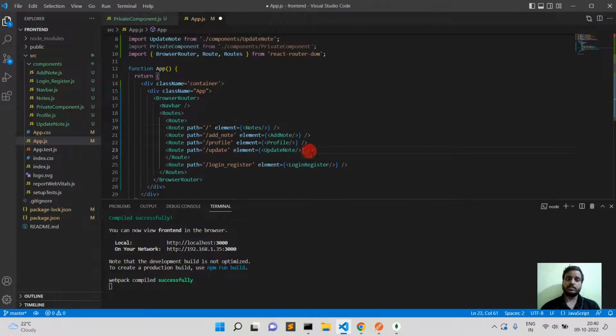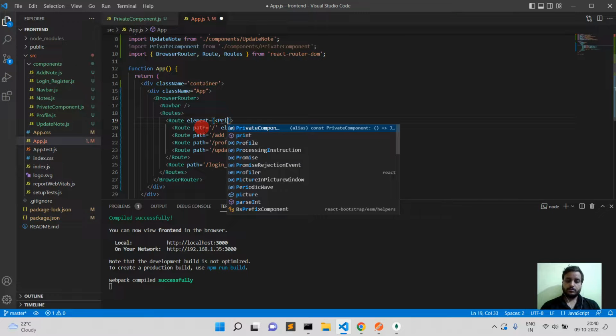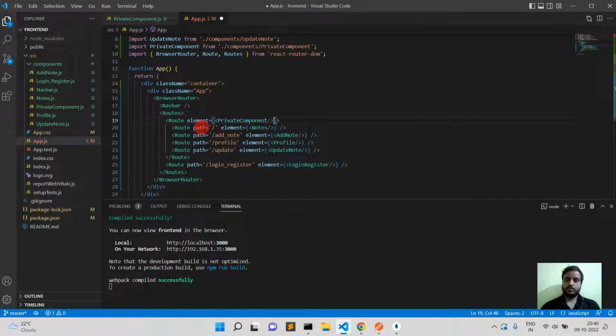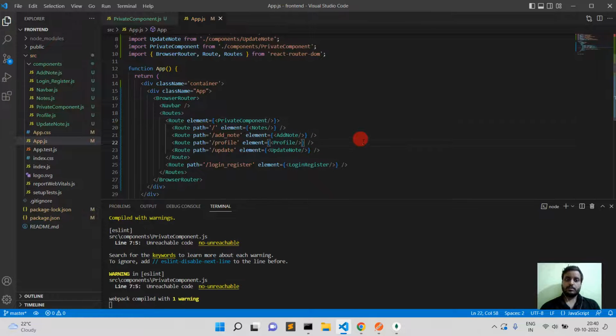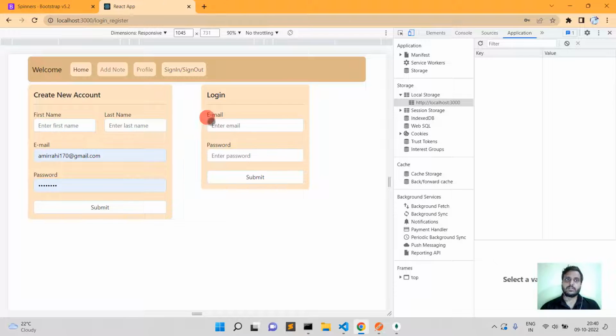and inside this we will paste all the routes which will be the private components here. Only we will define component element, and then here, now just check,